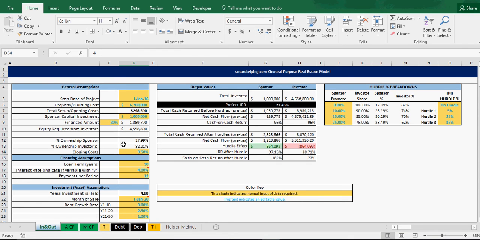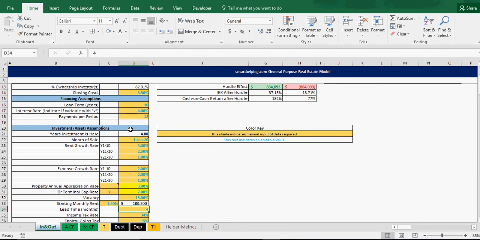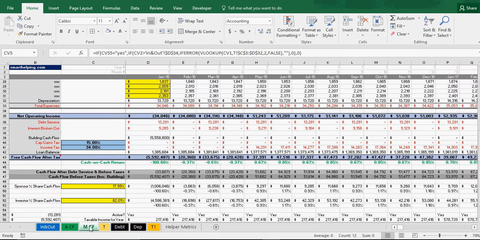That's your investments, your equity percentages based on your capital, closing costs, the loan term. The loan term is very dynamic. You can put in like 6 months here, and it will only show up. You see, debt financing will only be every other month since you're doing 2 at a time. The loan balance goes across, so you can calculate when